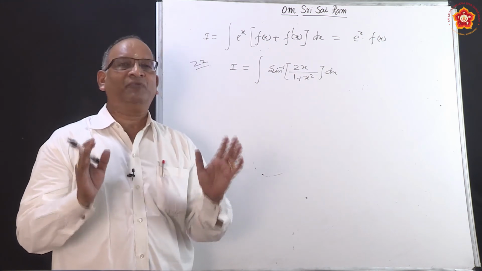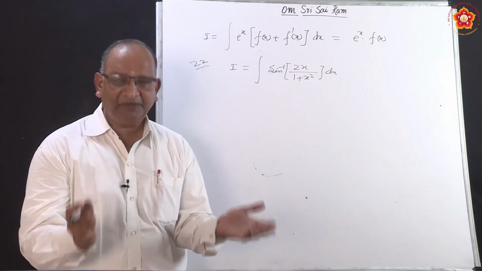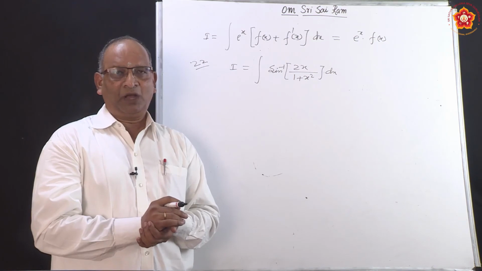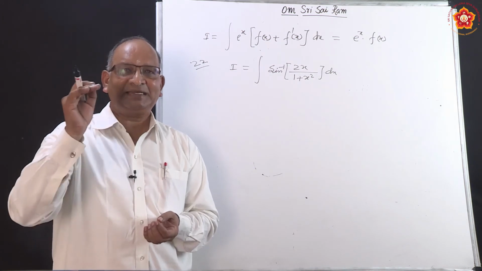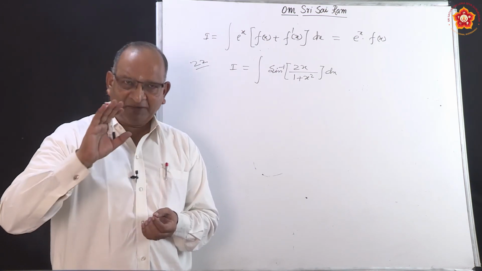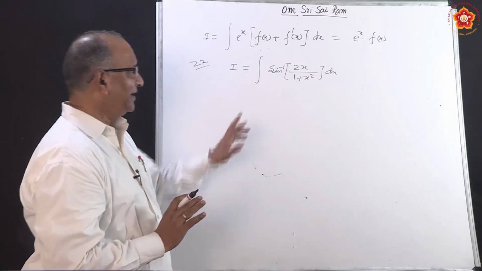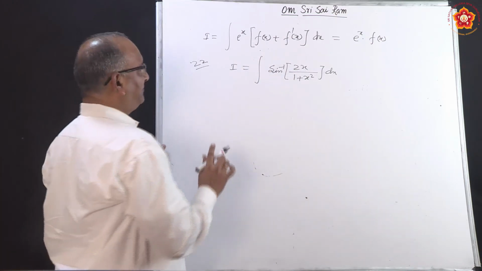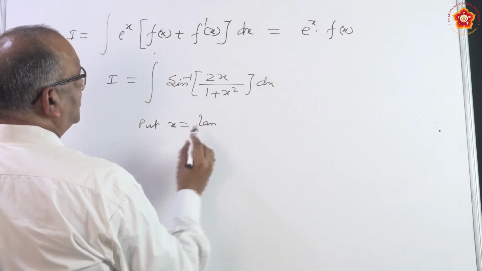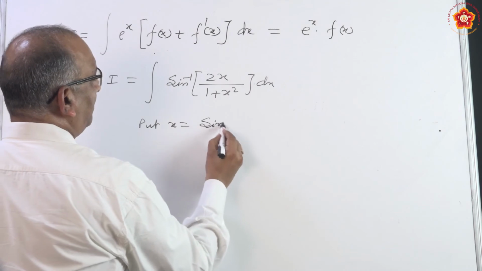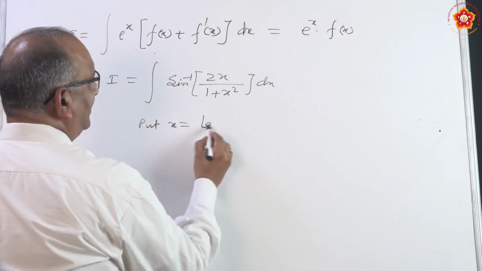So, what do we do? We actually make a substitution. In fact, you also did this when we were doing derivatives of inverse trigonometric functions. How did we find derivatives of inverse trigonometric functions? By making appropriate substitutions by which that gets changed into a function which you know. For example, here, suppose you put x equal to tan theta, sorry, sin theta. No, we will put tan theta, not sin theta, tan theta.